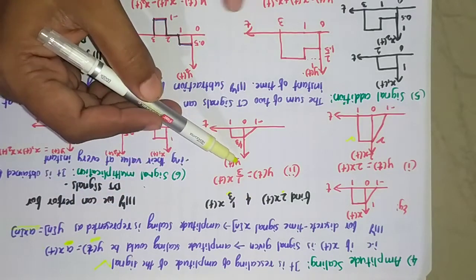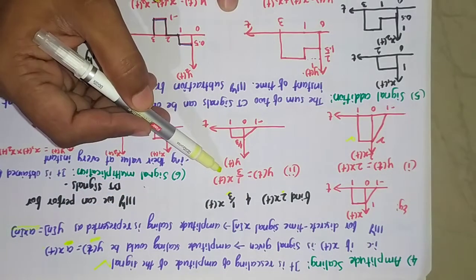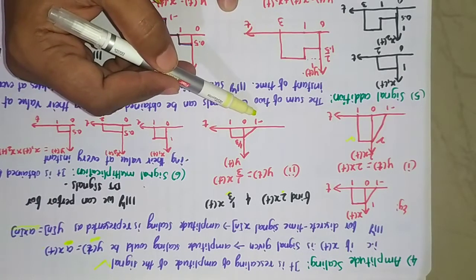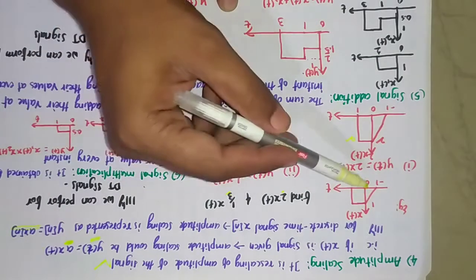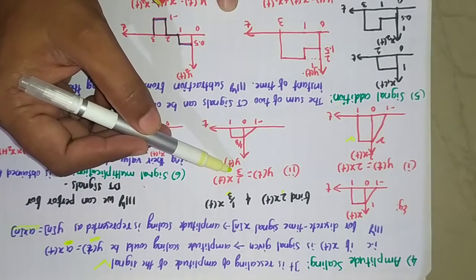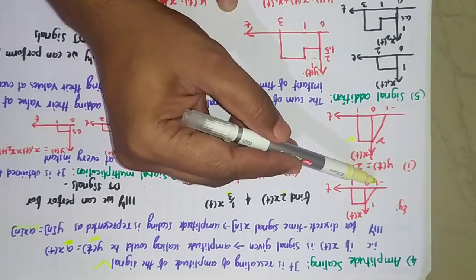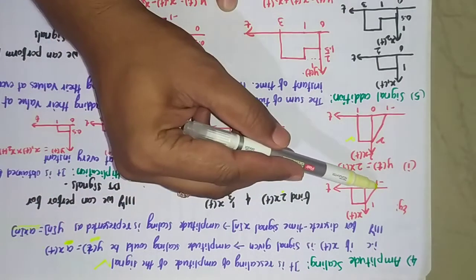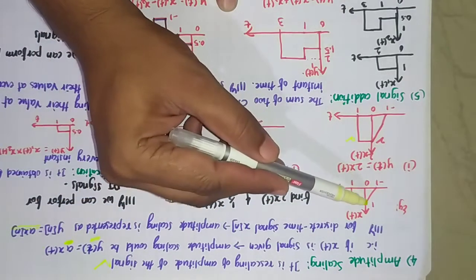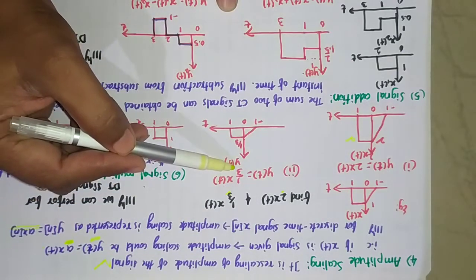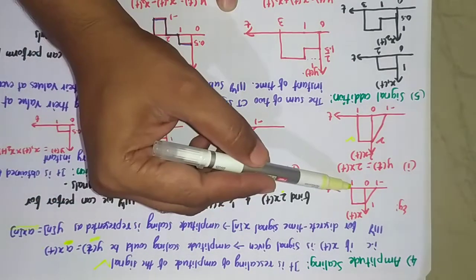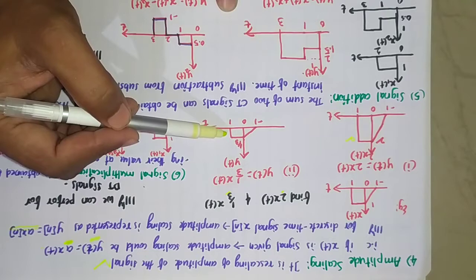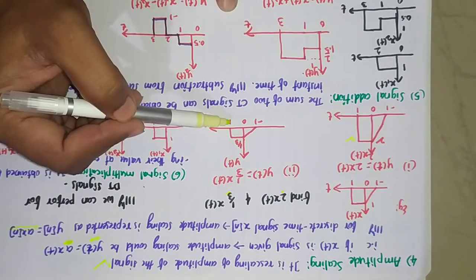Similarly, we can understand this by taking y of t is equal to 1/3 x of t. So 1/3 is the scaling factor. Here, at -1, again look at the original signal and apply this scaling factor, that is 1/3. Whatever the amplitudes of the original signal at this point, that has to be multiplied with the scaling factor. So at -1 it is 0, so here also it remains 0. At 0 we have 1, so multiplied by 1/3 it becomes 1/3. And at 1 we have 1, again multiplied by 1/3 it becomes 1/3. So this is how 1/3 x of t is generated.